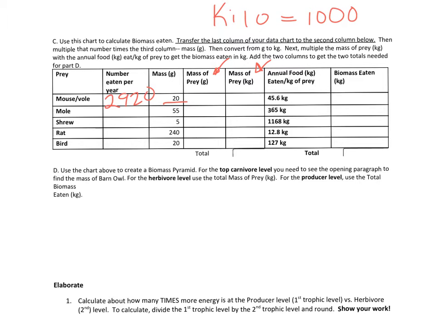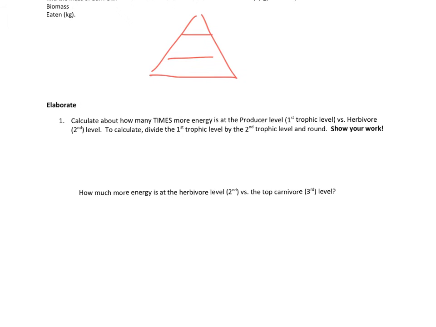And then to calculate how much biomass is eaten by the prey, we're going to take the mass in kilograms of prey and multiply it by these numbers here to get the biomass eaten by the prey. Once you get those biomass numbers, then you're going to be able to construct a pyramid of biomass as opposed to a pyramid of numbers. So under the elaborate part of the lab report, we want you to make sure that you show your work here,